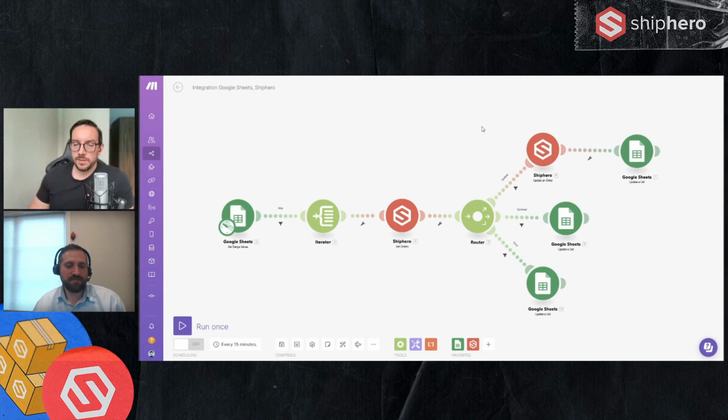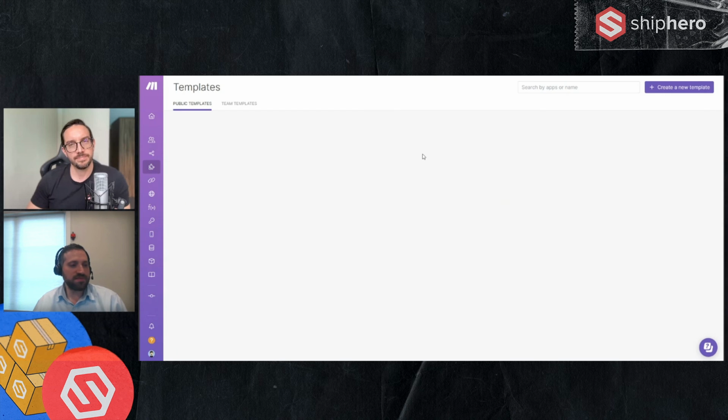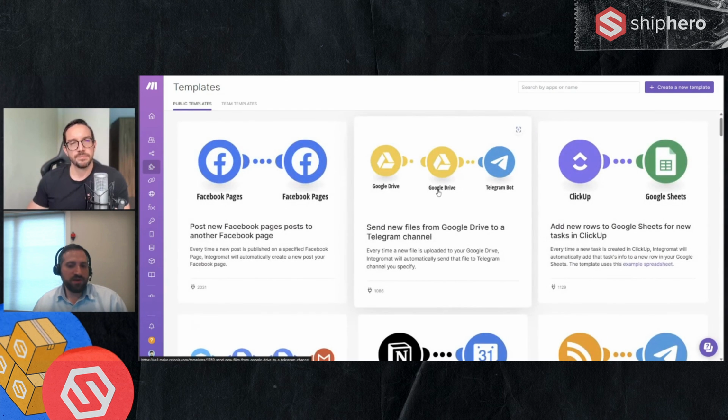So clearly, this new tool integration has a lot of potential, and it's super useful. So Yosef, do you have any recommendations for anyone who wants to start building a new automation or scenario on Make.com? Yeah, so Make has what they call templates, and you can go to templates and just see what's possible. One thing we will be doing is publishing the scenario we just built as a template, so you can just get started with it.